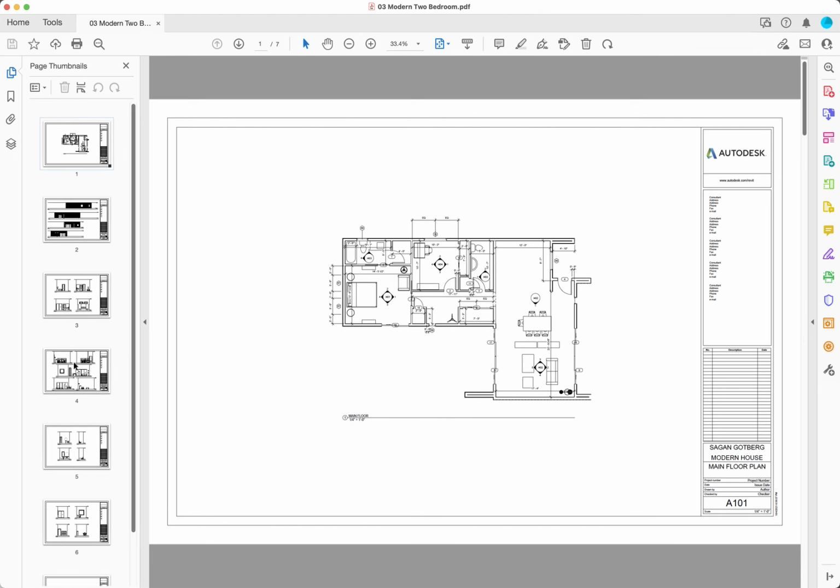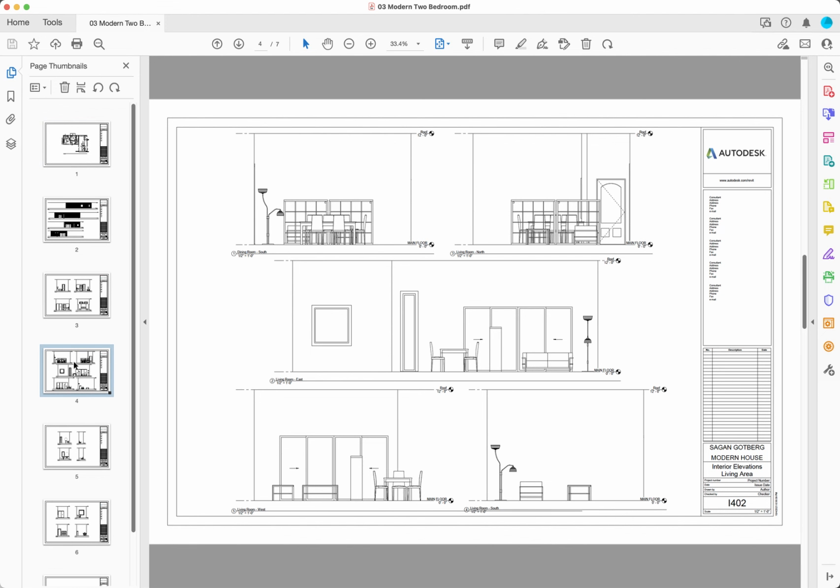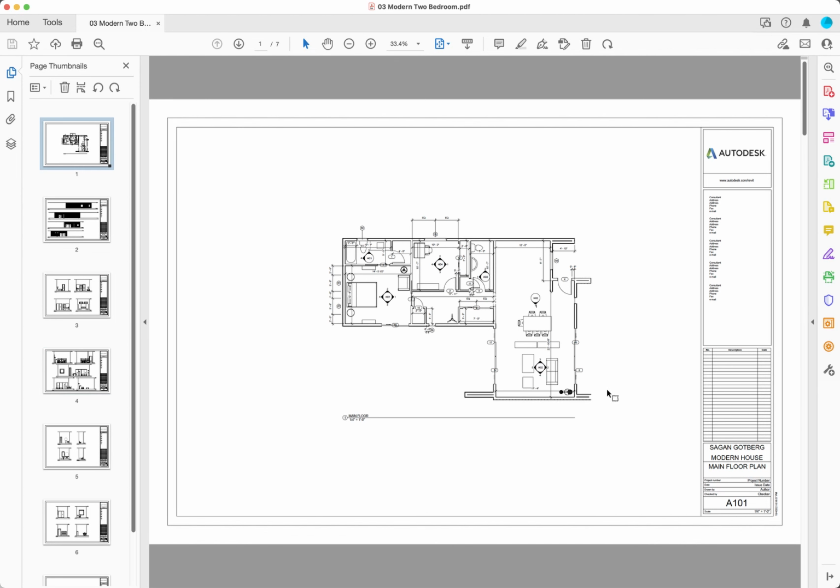So let's go take a look at sheet I402, and you can see here's their dining room view. So in my case, this would be considered living room A. And then all of these other views would be living room B. Now, you don't have to do it that way. It really just depends on how you design it and lay it out, but I wanted to clarify that for you all. So if you have any other questions, please let me know,